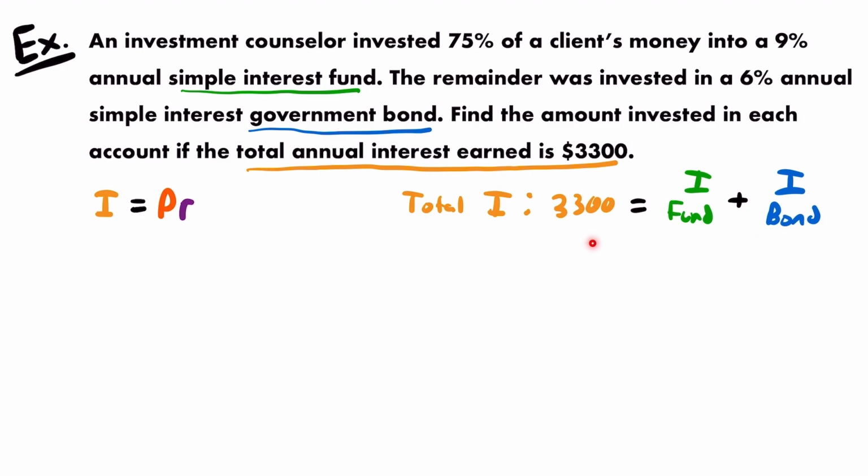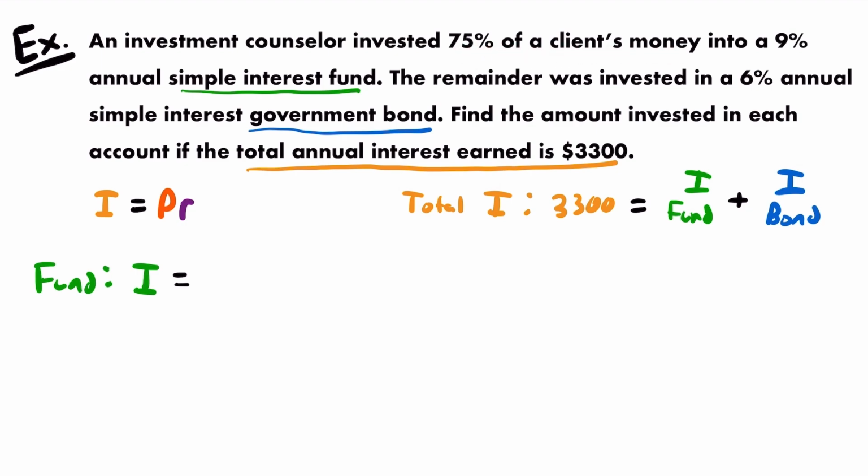So now we know that this is true, but we probably want to figure out how to calculate these two different amounts of interest. So let's start with the interest in the fund. How would we calculate that? Well, we're going to use this equation. That amount of interest will be equal to the amount of the investment in that fund multiplied by the corresponding simple interest rate, which in this case is 9%, right? That is the simple interest rate for the simple interest fund. So for the fund, the interest earned will be equal to the amount invested, which we are told is 75%